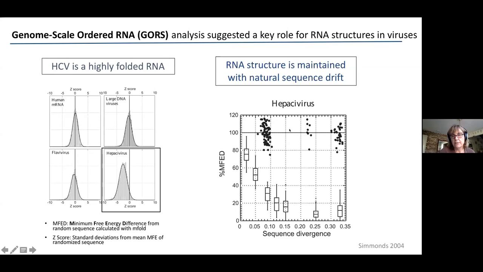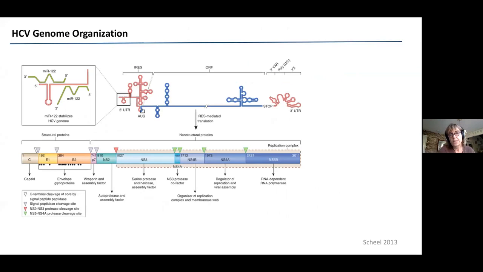But as you can see, for different strains of Hep C, this is not true. They maintain a high level of minimum free energy or stable base pairing content, which is what this means if this number is high, even as their sequences diverge, which means that even as they diverge, they're maintaining discrete secondary structures. So this was very exciting because it meant that positive strand RNA viral genomes had hard-baked structures within them that were essential. So before we talk about SARS-2, I'm going to tell you a little bit about Hep C,